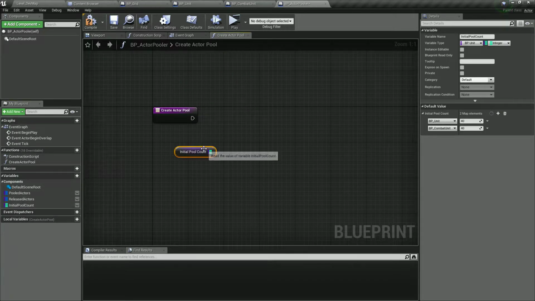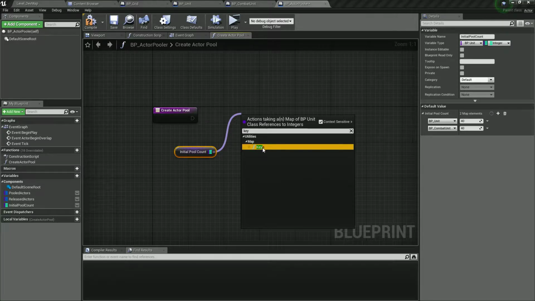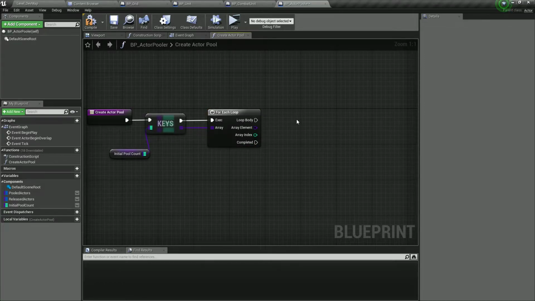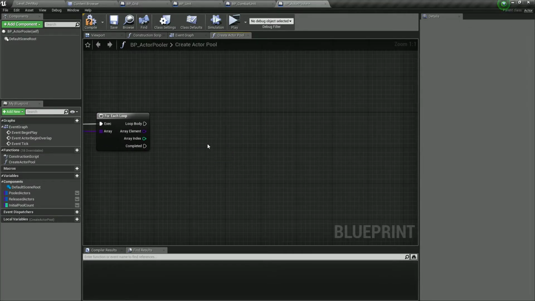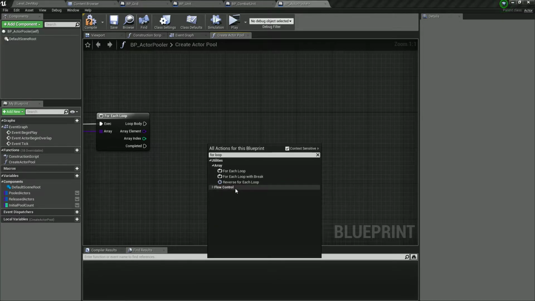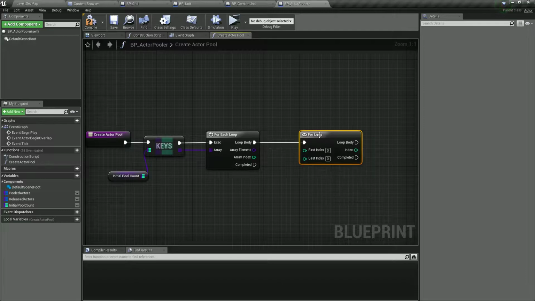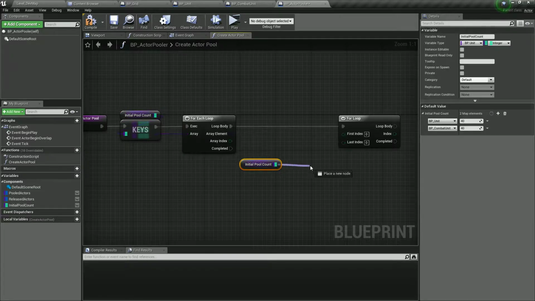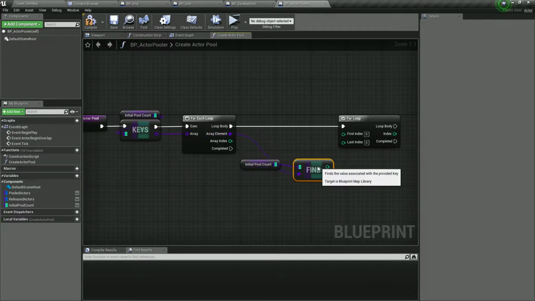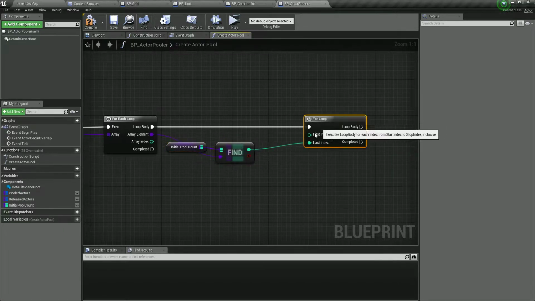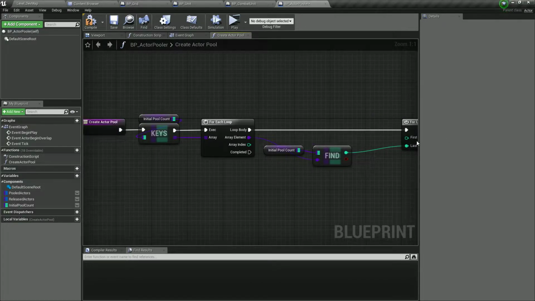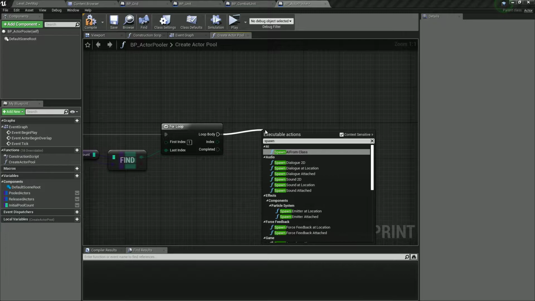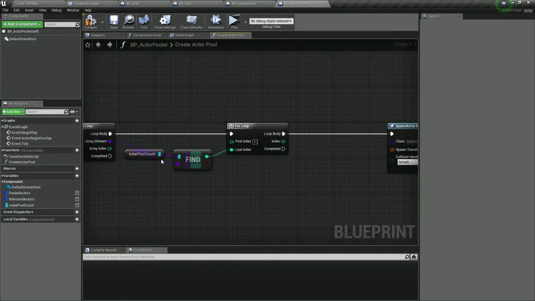So we're going to grab this and loop through the keys, and we're going to create a lot of actors. For loop, like this. We're going to loop through this, and we're going to find this value. So how much do we want of them? From 1 to that, and we're going to spawn actor from class, but only if